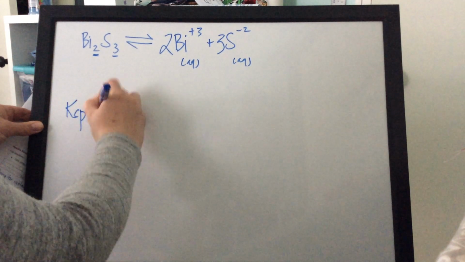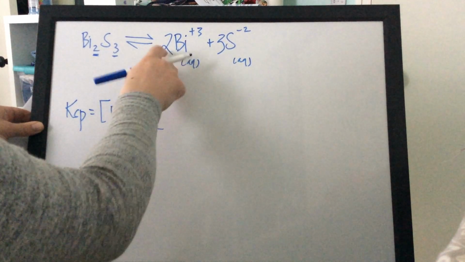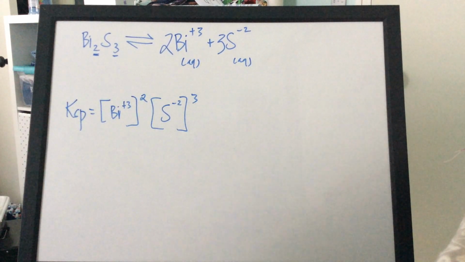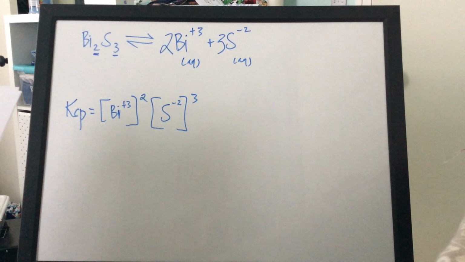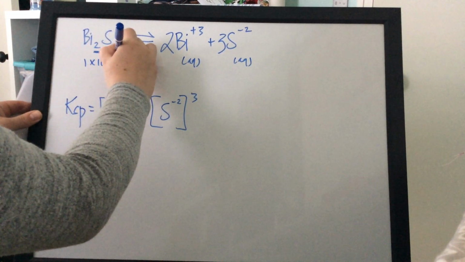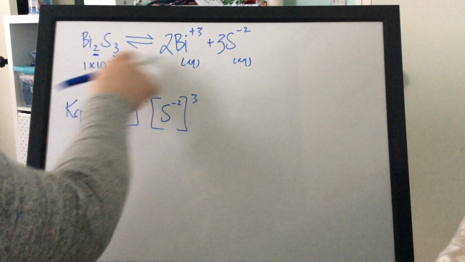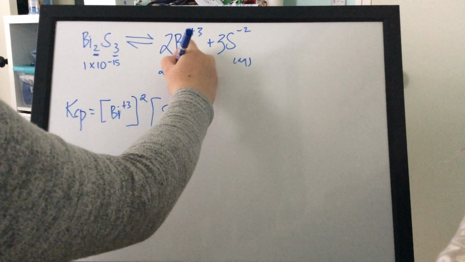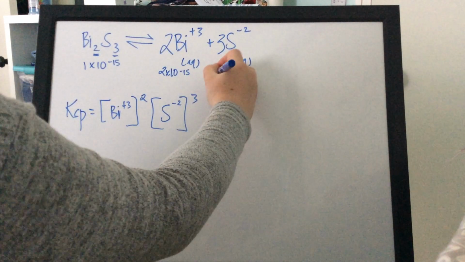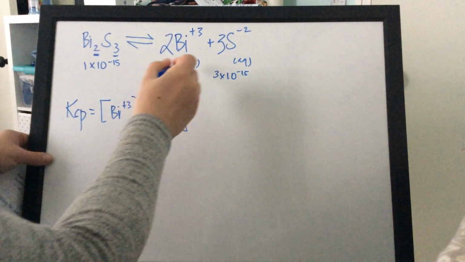Okay, so I can go ahead and write that. Ksp is going to be the concentration of the bismuth squared, right? And the concentration of the sulfur cubed. And I'm going to play the same game. I'm going to write a sequence with that molar solubility. They told me it was 1 times 10 to the negative 15. So that means I'm going to get double of this, because this is a 2. So this is going to be 2 times 10 to the negative 15. And then this is going to be triple of this one. So it's going to be 3 times 10 to the negative 15. And all of a sudden I have my 2 concentrations